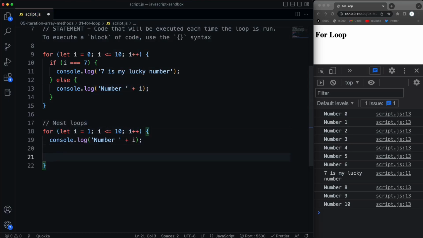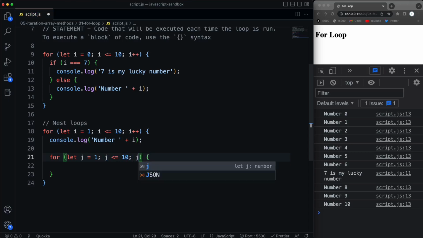But still within this loop, I'm going to open up another for loop. Now when you do this, you want to make sure you don't use i again. You want to use something different, and it's common to use j. So we'll say let j equals 1. I'm going to do the same condition here. I'll say as long as i is less than or equal to 10, and I'm sorry, j. You don't want to do that. You want to do j, or else you're going to get an infinite loop. And then let's increment j,